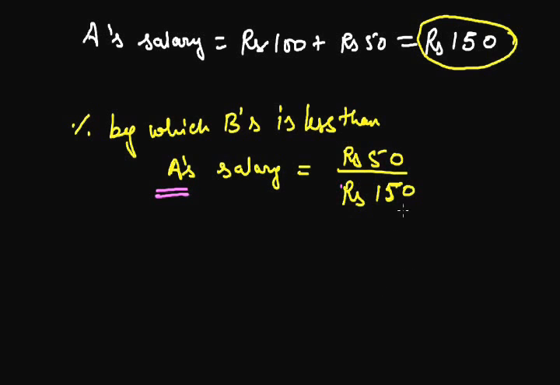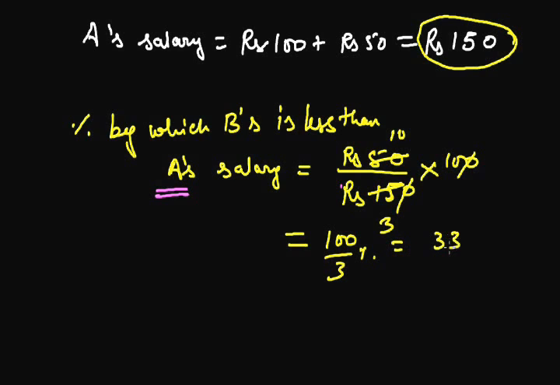यहाँ पर हमें कैलकुलेट करना है कि B की सैलरी A की सैलरी से कितना % कम है. तो हमें A के रिस्पेक्ट में कैलकुलेट करना है, तो A की सैलरी हम नीचे लिखेंगे into 100 to convert it into percentage. So it will be equal to 0 will get cancelled by 0 and we can cancel it by 5 three times and by 10 times. So it will be equal to 100 by 3%, or we can write it as 33 1 by 3%. So B's salary is 33 1 by 3% less than A's salary.